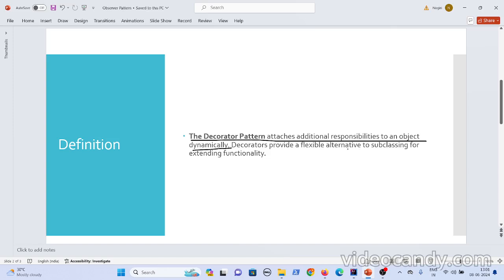Decorators provide a flexible alternative to subclassing for extending functionality. So to extend the functionality, the decorator wraps the object, and by wrapping it, it gives the additional behavior. So you can add additional responsibilities to the object dynamically. Okay, this is the decorator pattern.